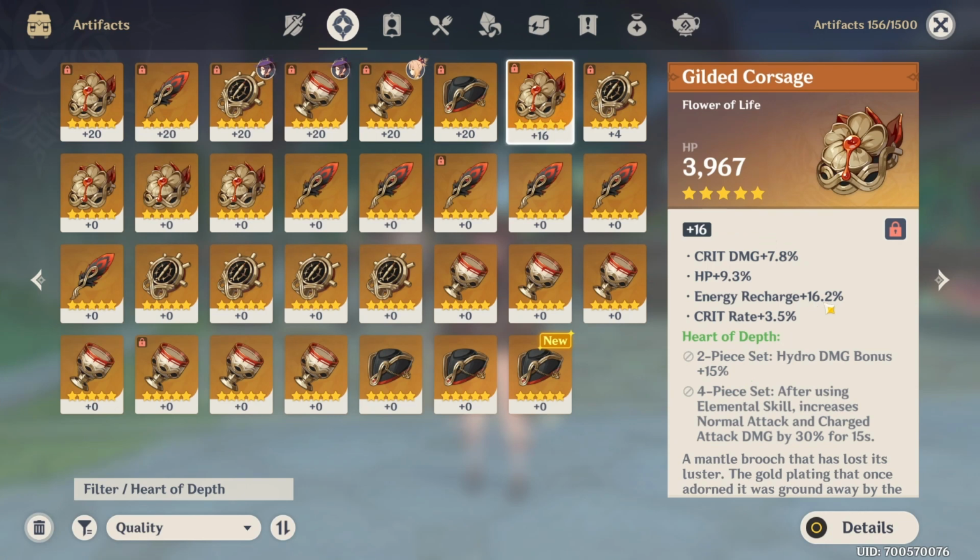I mean, 16% of energy recharge isn't that bad, but then at the same time, if we're talking about what Nilou needs the most, then you would probably want to look for HP percent and also crit rate, because getting a decent enough crit ratio on Nilou, who doesn't have any of the crit stats as her ascension stat, is quite hard to do. I've also done some more artifact farming, and so that's why you might see some more